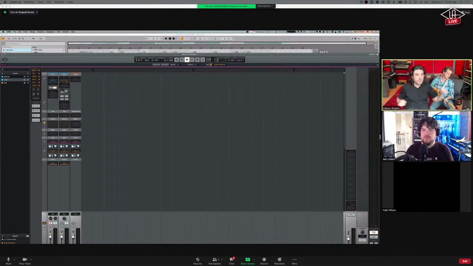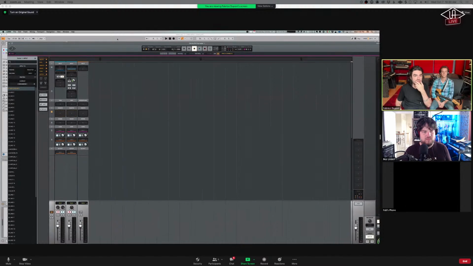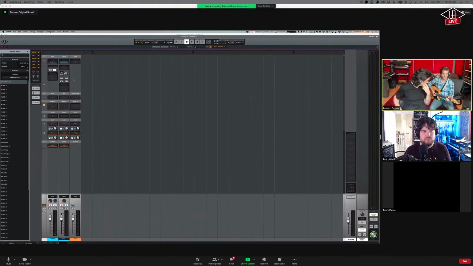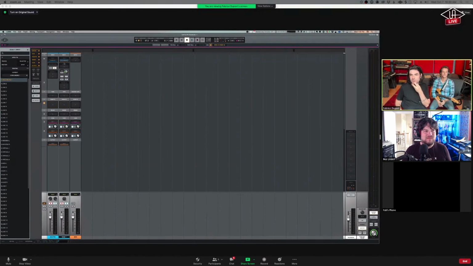So he's plugged into my Apollo X4 DI, which is in my system. And in theory, if there's justice in the universe, we should be able to hear guitar. There's no justice in the universe. No, it's my fault. Okay, there we go. That's because we have to use a weird routing to be able to get it both to you and to us.